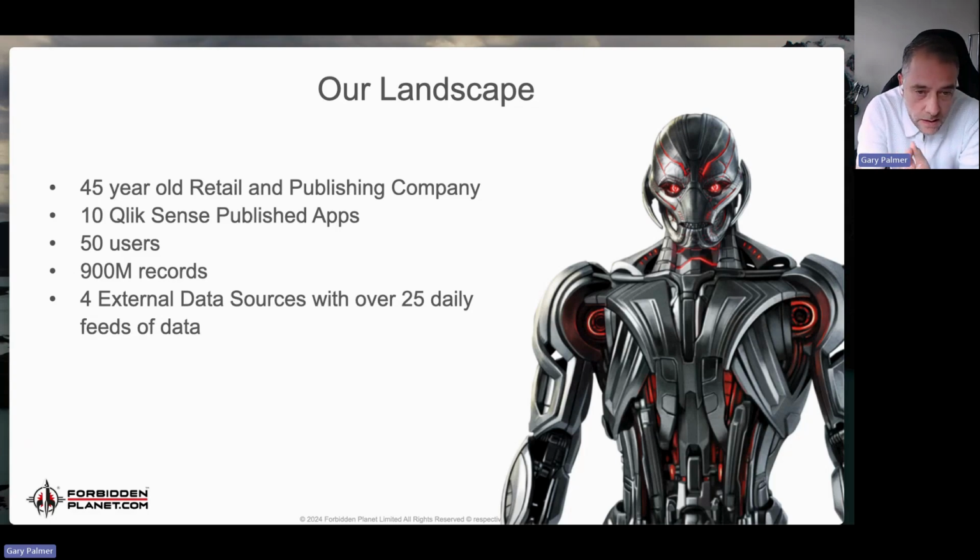External data sources, we have various external data sources, 4 main ones. I say FileMaker fuels a lot of those, but FileMaker actually goes and grabs data from various other data sources and then collates that, and then we send it from there into Sense. We also go directly from SQL into Sense from online sort of premise as well, with MailChimp and other services that we built apps for.